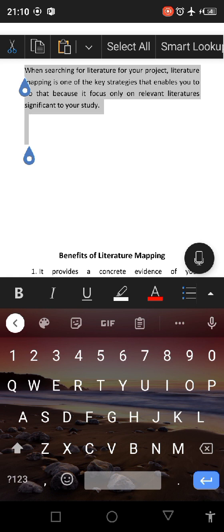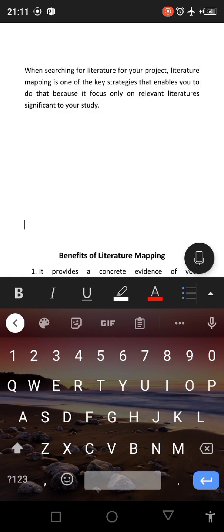That's why we say that in research projects we have contribution to knowledge. That is, what is your work contributing to existing knowledge? And what do we mean by existing knowledge? That is the existing literatures in your area of interest, or those things that people have written on before, those things that people have worked on before. So that's what contribution to knowledge is talking about. That is, what is your own research article bringing to the table that is new and extremely different from what has already been in existence, that we now add to what has already been in existence. All right, I hope we all understand.